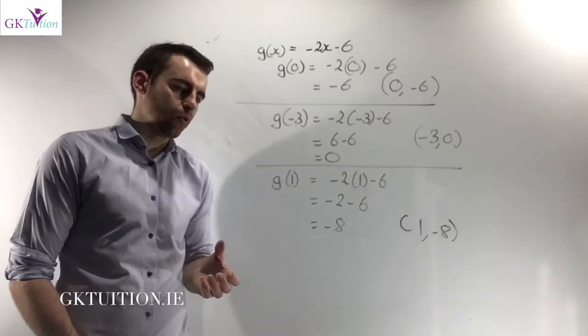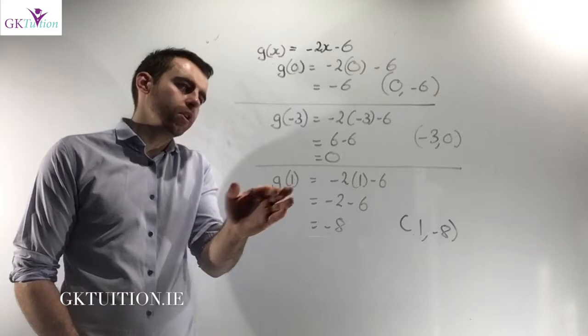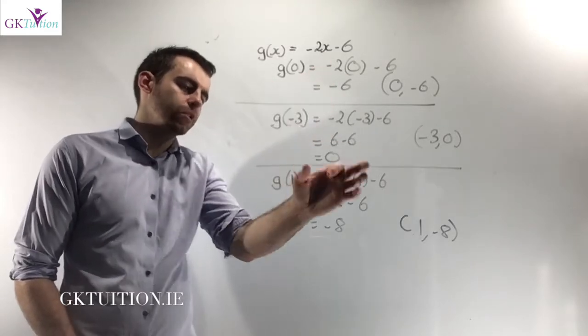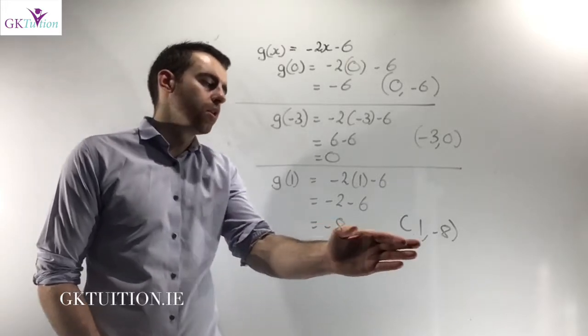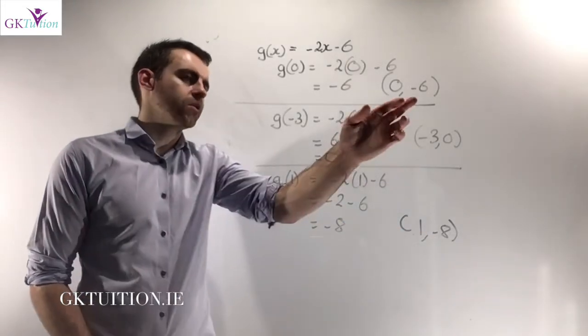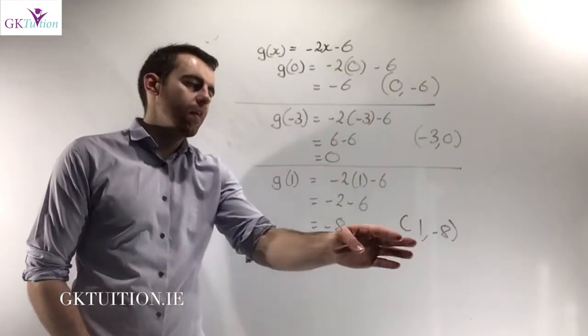The third set of coordinates we need here is when x equals 1. So I just get g of 1. Everywhere there's an x in the original function, you sub in a 1 and you end up with minus 8. So when x equals 1, I know that y equals minus 8. So these 3 points are the points of intersection of the line and the curve, and that gets you 10